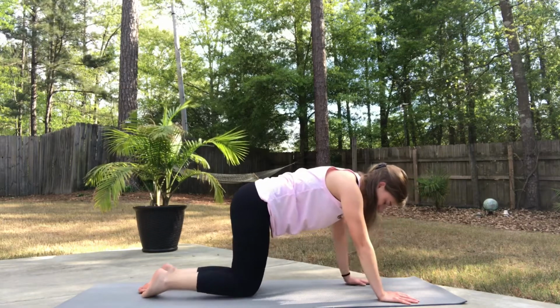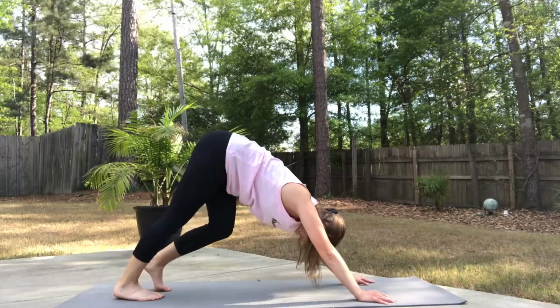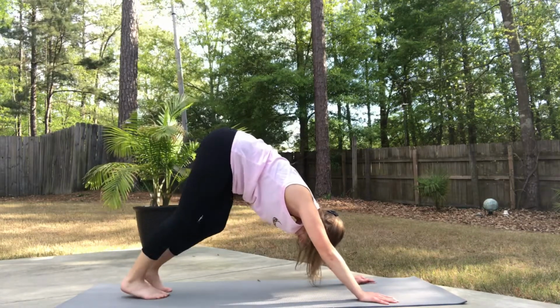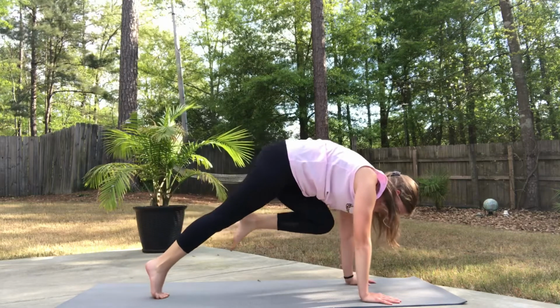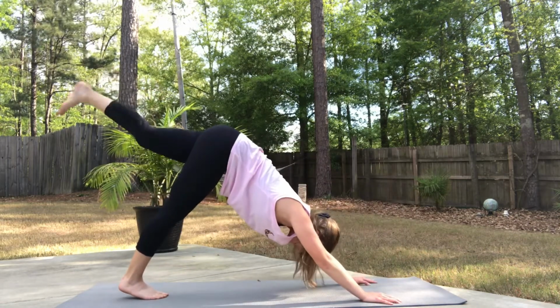Walk the knees back under the hip points, curl the toes under, and bring it back into your downward dog. From here, we're going to find a little soft, easy movement, and then we're going to anchor through our right heel. Bring your left leg into the sky, and on our next exhale, bringing the left knee into the chest. Inhale to lift the left leg,